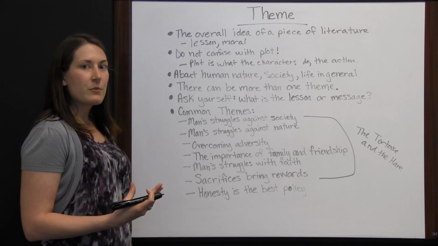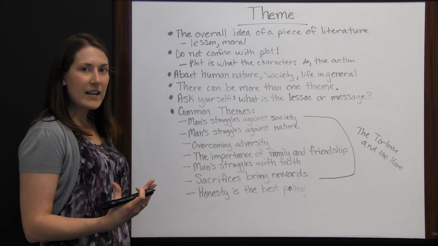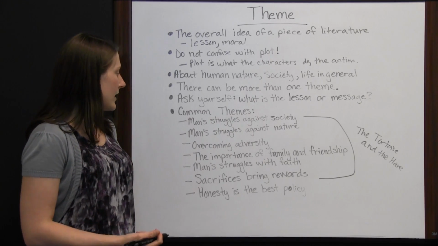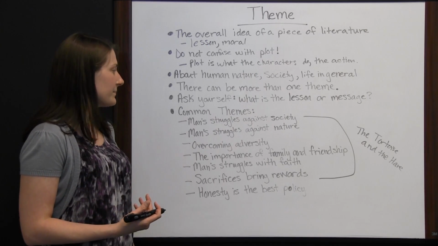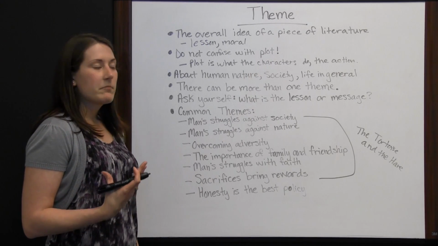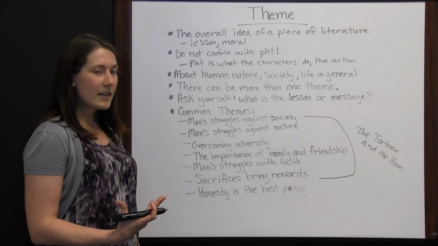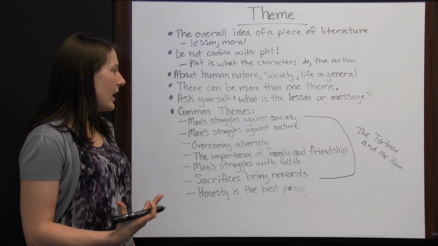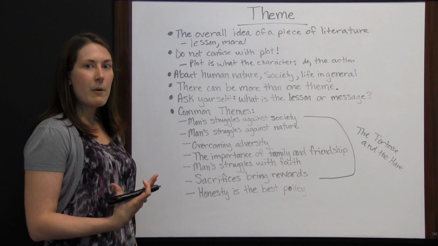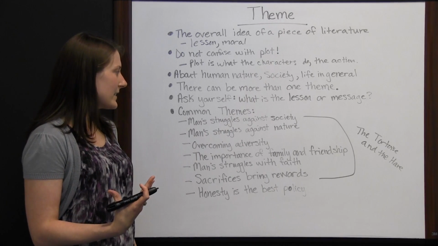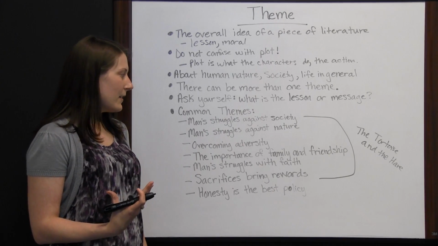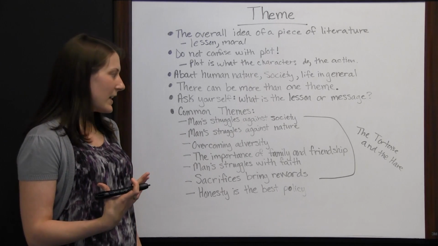So I'm sure that tortoise was struggling against society's views of him. Another one would be man struggle against nature. The tortoise is struggling against the nature of his self, how he's made. He's obviously not going to be as fast as the hare. He's going to have to go up hills. He's going to be fighting against the very nature of his self, where the hare is made to go much